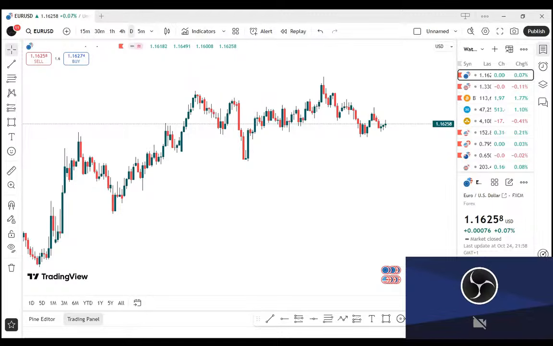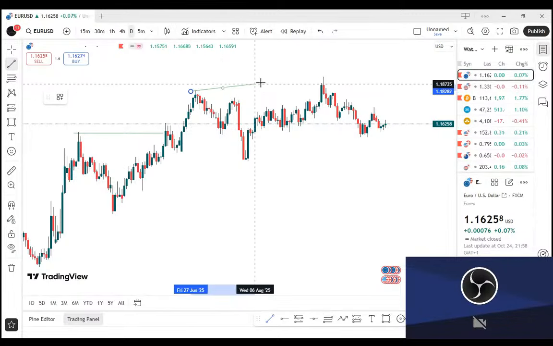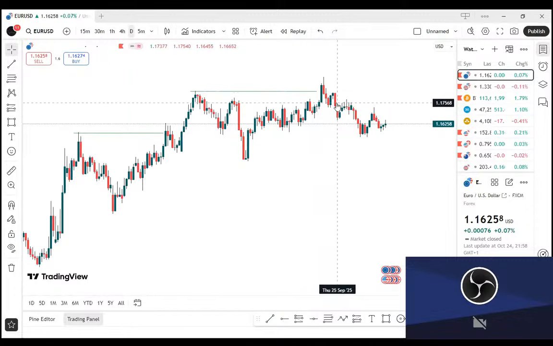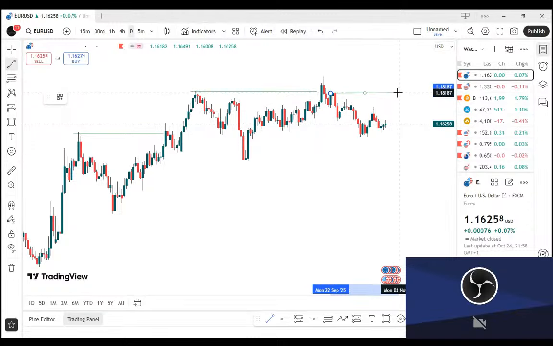You notice the trend of the market is bullish. It's giving us a break of structure at this particular zone. Price is giving us a break of structure to the upside. So price came all the way to this particular zone, and then what happened? Price gave us a break, and then came back again, telling us that price is likely to continue around this particular zone for